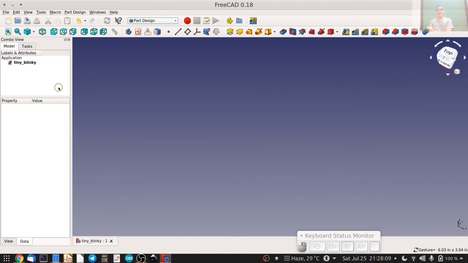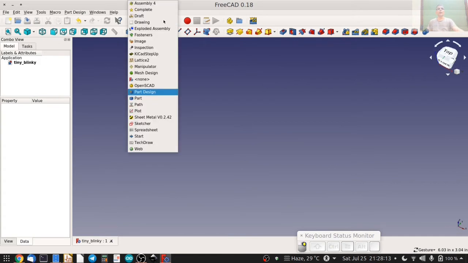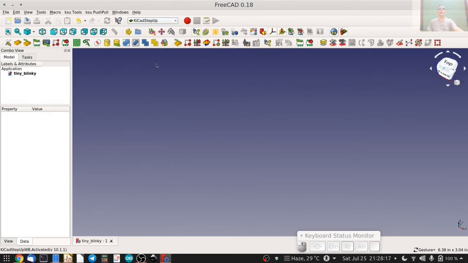Okay, so let's start by getting the KiCad StepUp Tools workbench from this drop down over here. And there's a big, huge range of toolbar icons available. So I'm going to make it easy and just point you to the ones that are really useful. The first thing to do is select the first icon, which is Edit Preferences, which is the same as the